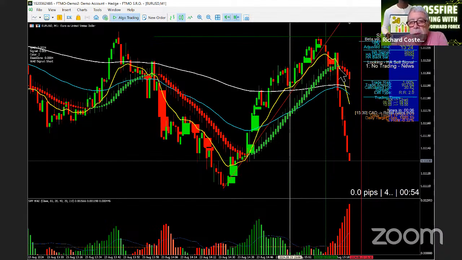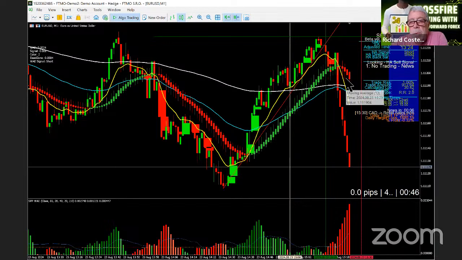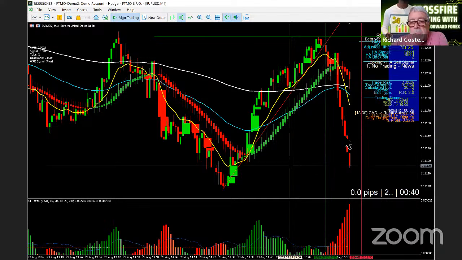Probably not on that candle. It would have waited until the 13 got below the 62. So it would have got me in on that Heiken-Ashi. It would have got me in somewhere around here, and I would be in for a sell. And it's supported. All of that thinking is supported by the Waddah Attar,